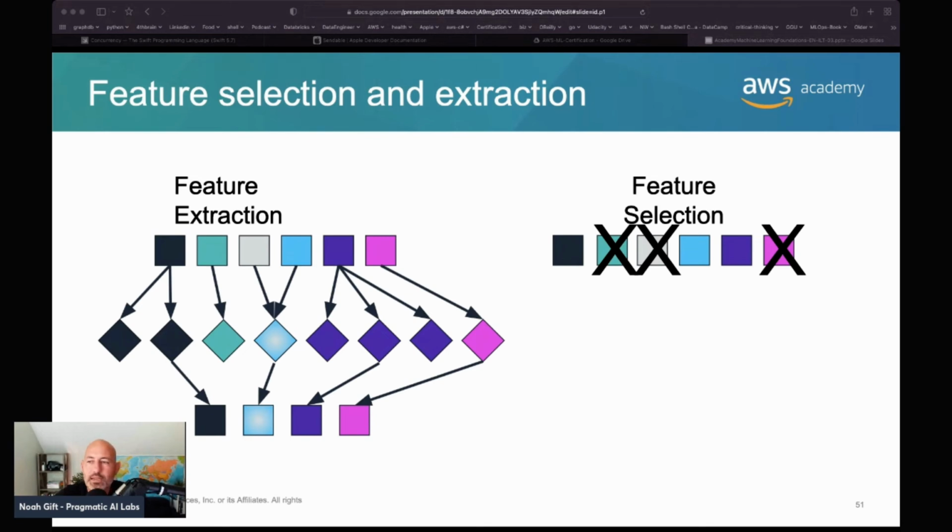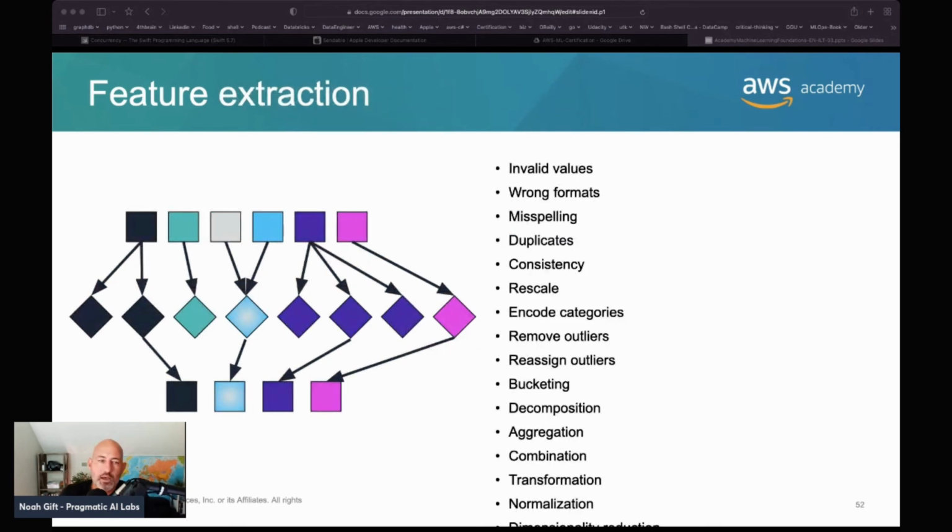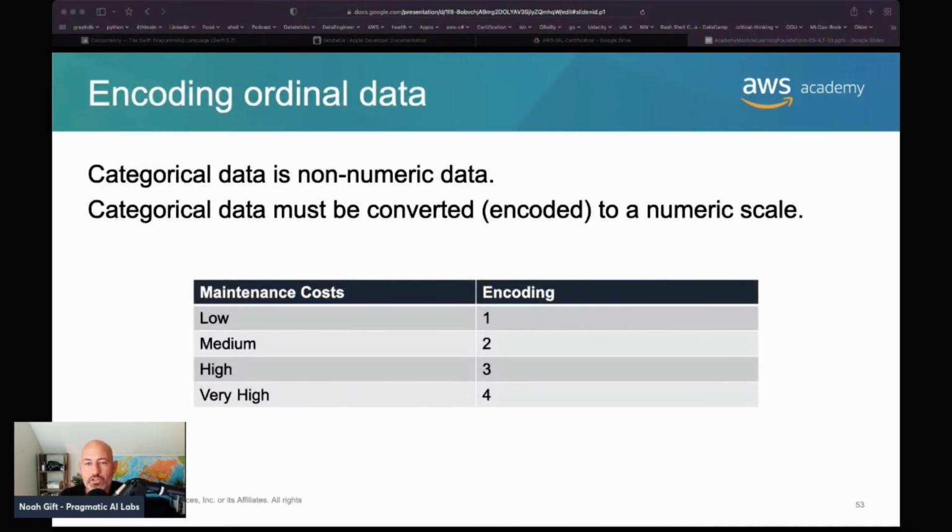Now, in the case of redundant, one of the reasons why this could be important, amongst many other reasons, is computational time, right? Like if it takes a really, really long time to train a model because you have redundant features, that could be a waste of your resources. Also, feature extraction can do things like handle missing data and convert the text data into numerical data. You can also look at duplicates, bucketing, all kinds of different things you do, building new features, for example,